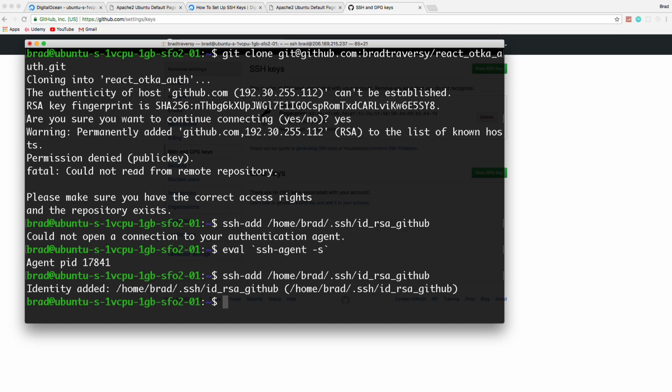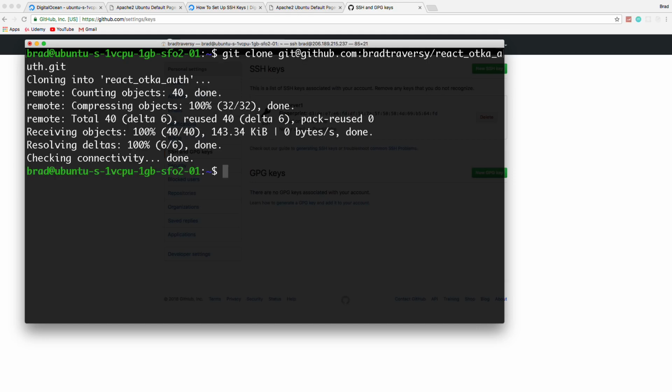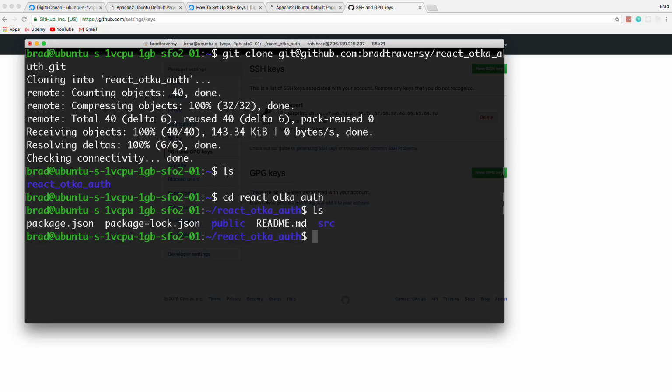So now that we have our identity added, we should be able to do our clone finally. So let's clear this out and let's go to our clone and run it. And there we go. So now if we do ls, we have the React auth repository inside of our home directory. All right, so what I want to do now is cd into that. So React auth,